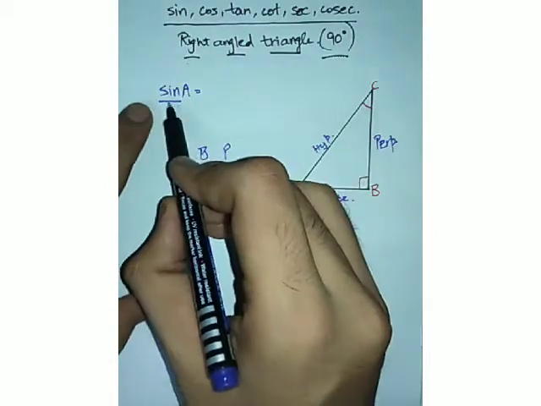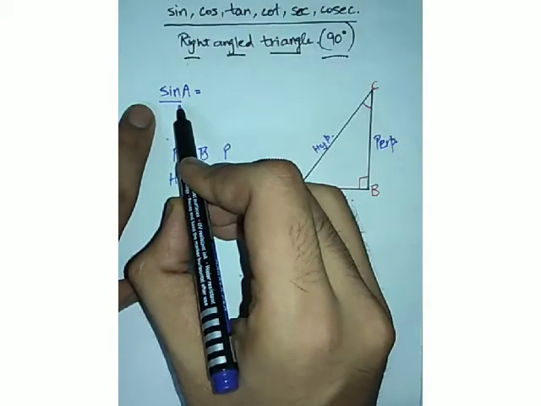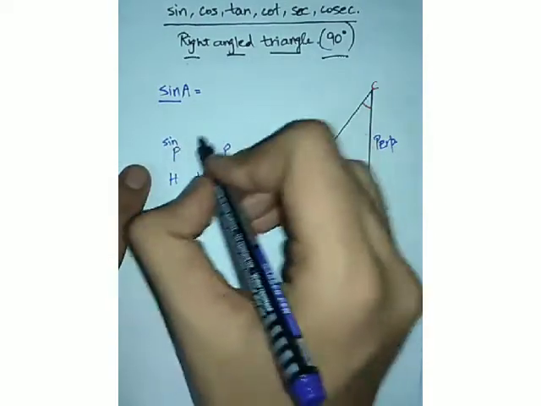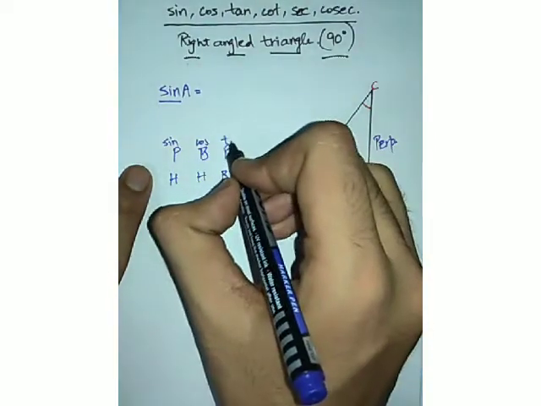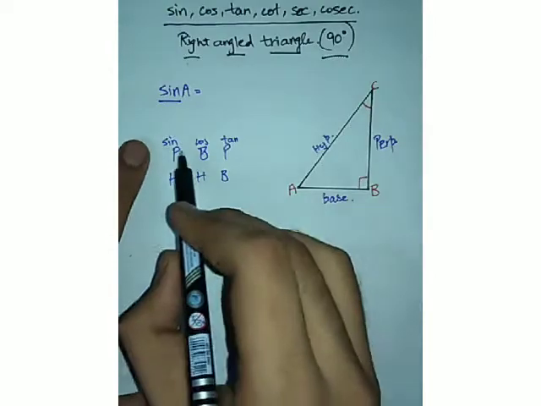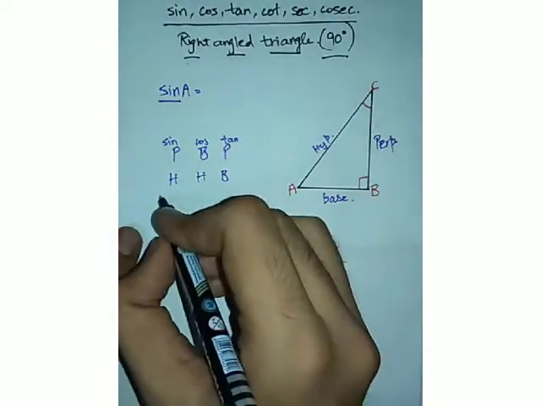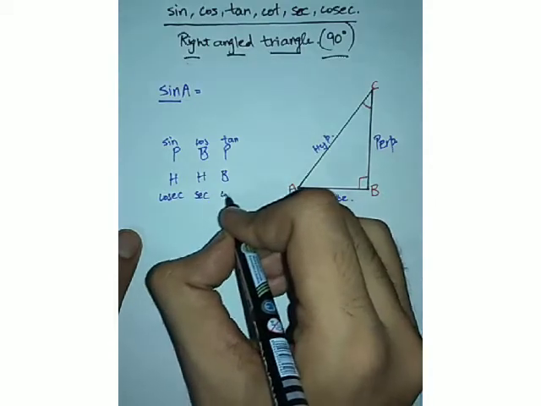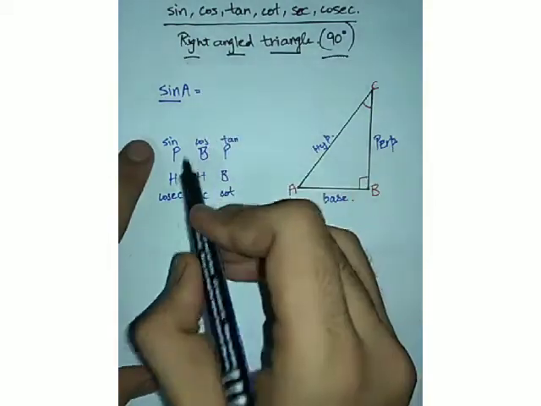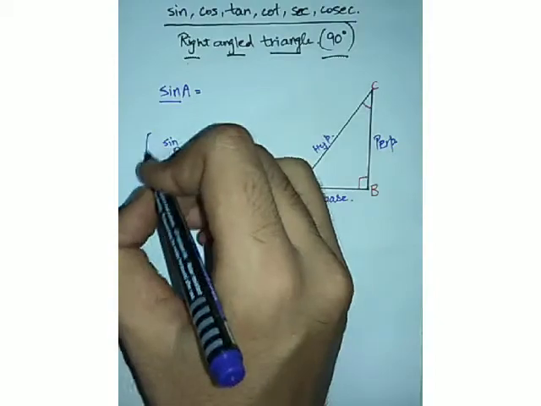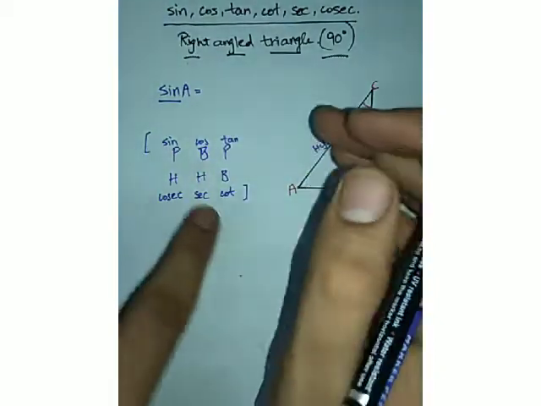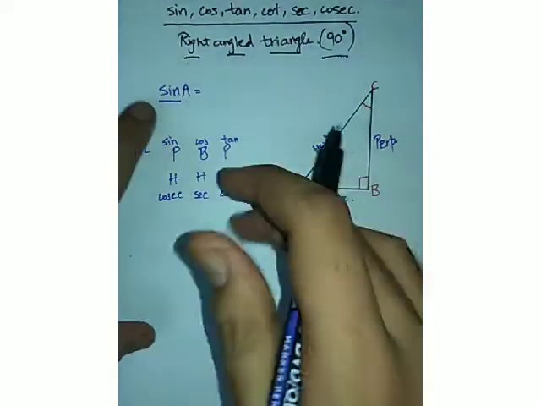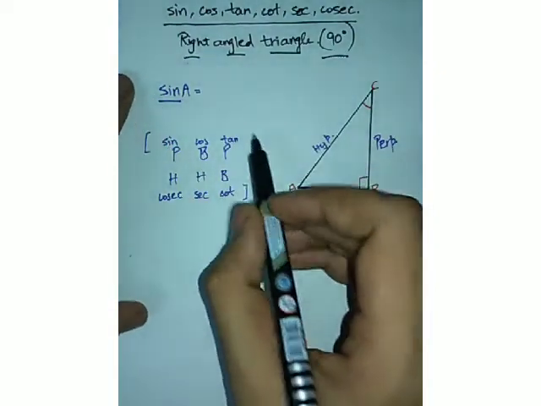Now after that, have a look at sine A. Firstly place sine here, and then cos, and then tan. Okay, sine, cos, tan, and then place cosecant here, then secant here, then cot here. Okay, so this is a kind of code diagram that you can draw in a very rough manner to just know the values of trigonometric functions. So now let me tell you how to use this code diagram.